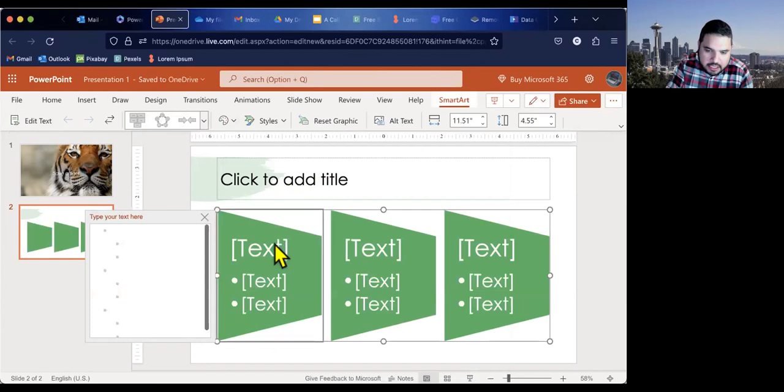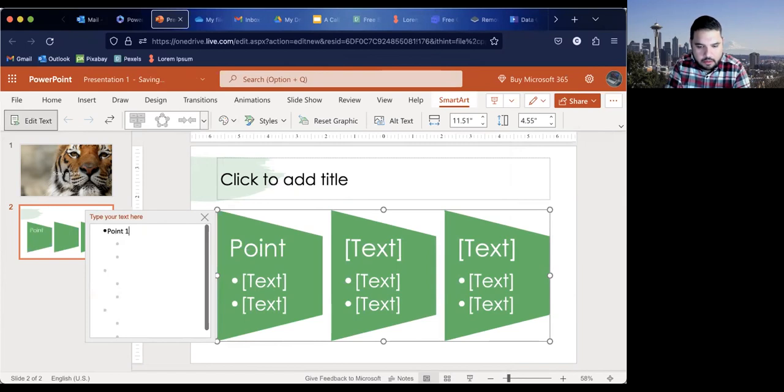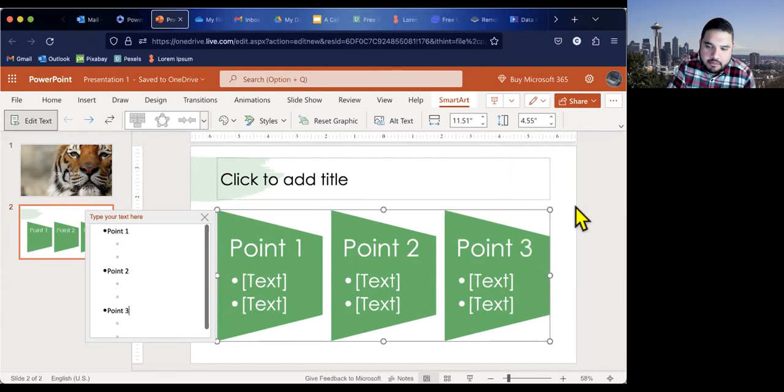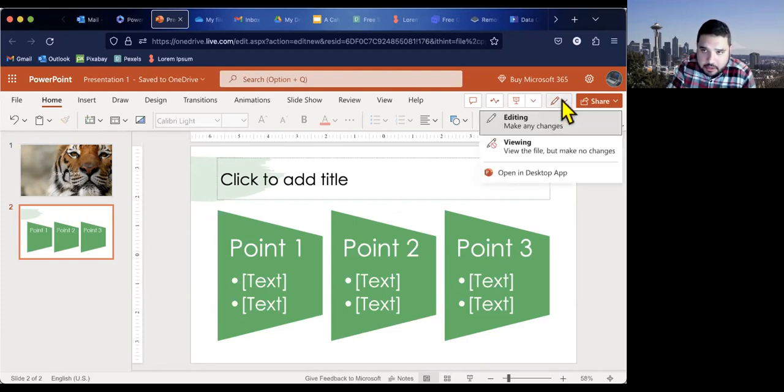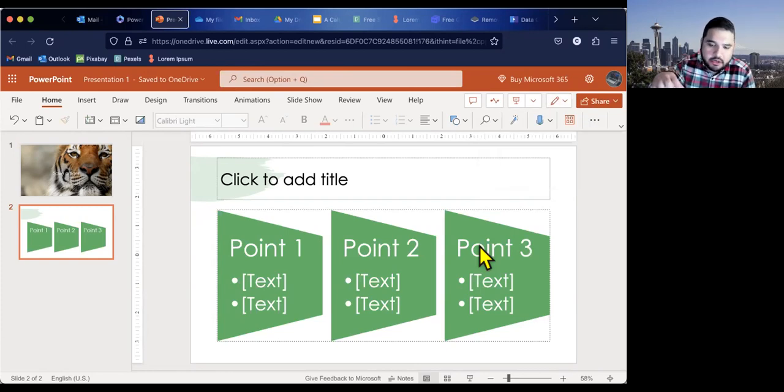And then I could just type 0.1, and then 0.2. And I'm doing all this in the free version of PowerPoint. If you wanted to use the premium version, like the one your work has been paying for, you can also still edit it on your desktop app. All you have to do is go to the little pencil button up here in the corner, and then choose View, Open in Desktop App. And then it syncs it straight to your computer, and then you can continue working on the full PowerPoint version.